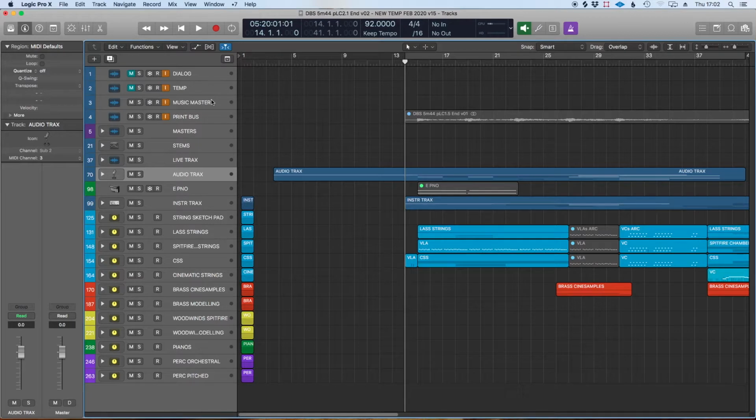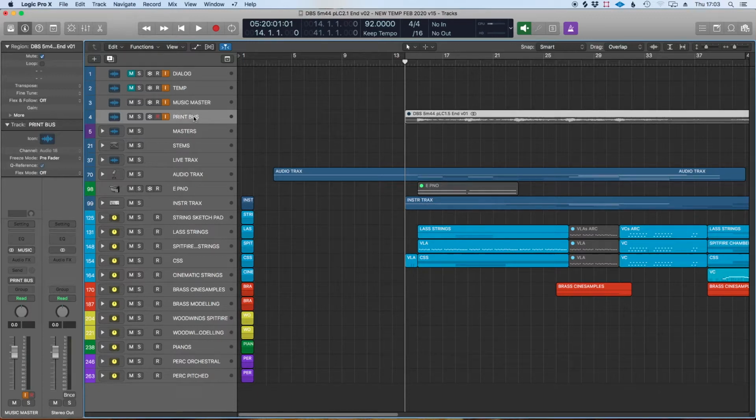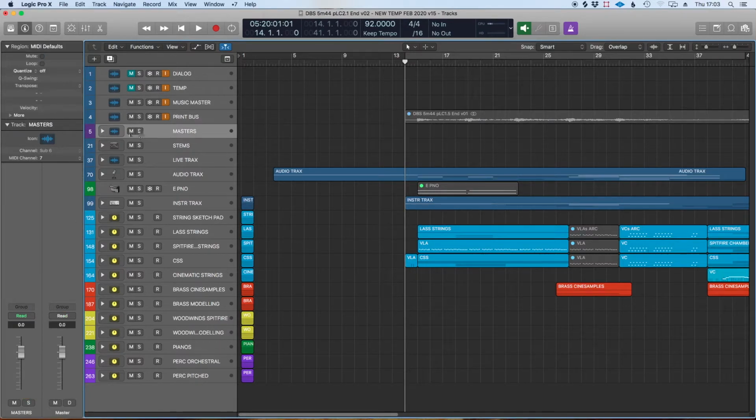At the top of my session, I have the dialogue and the temp track that comes from the movie. Then I have my music master, which everything is bussed into. This is the final music track. And then the print bus, which is where I print all my stereo mixes. Then I have my masters